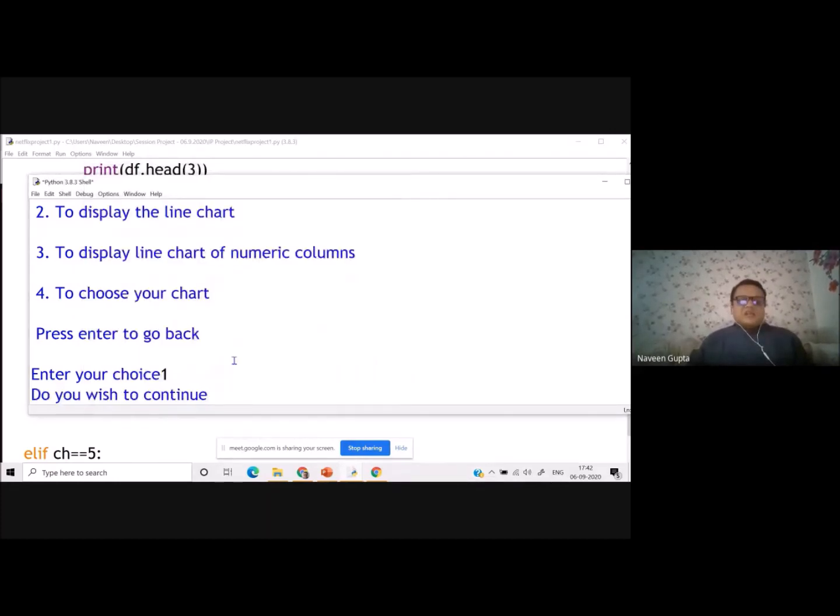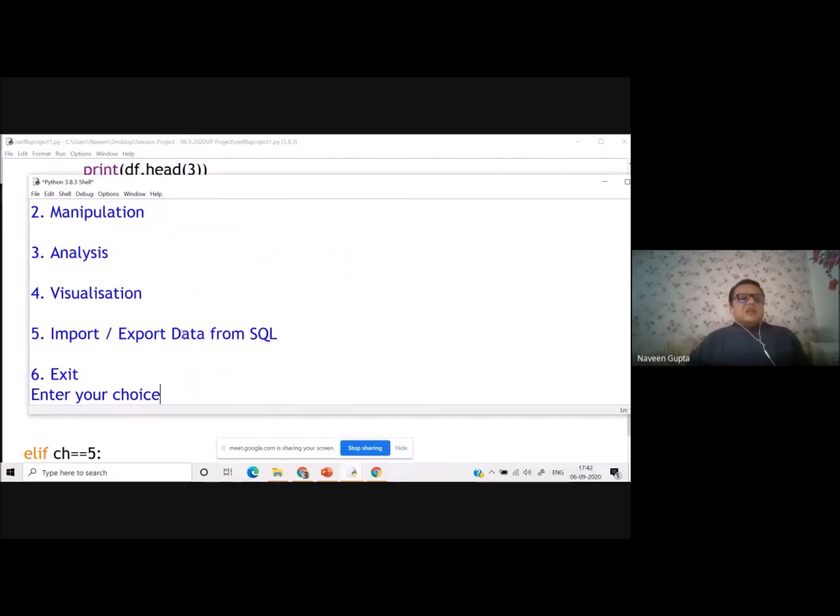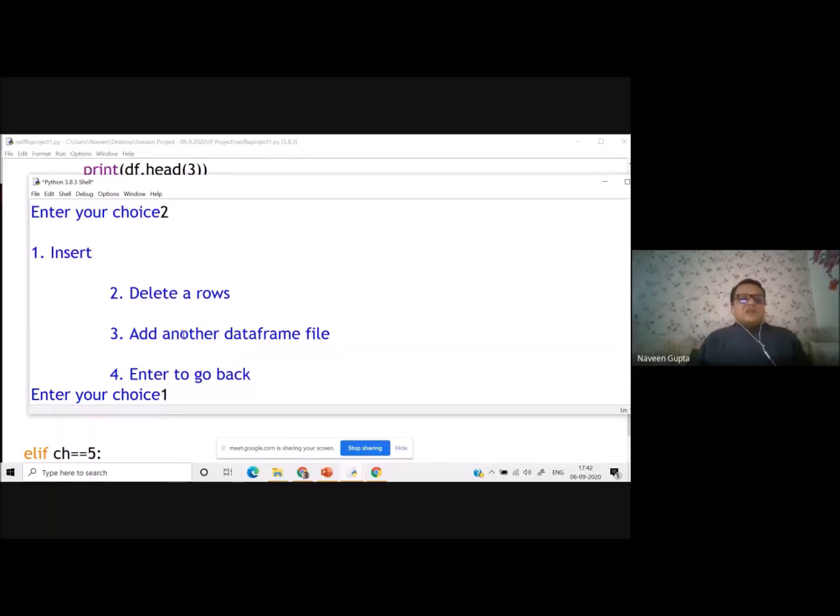Now let's continue with this project. Let's say we want to do manipulations. So as I said, the user can enter the value. I'll say 1.